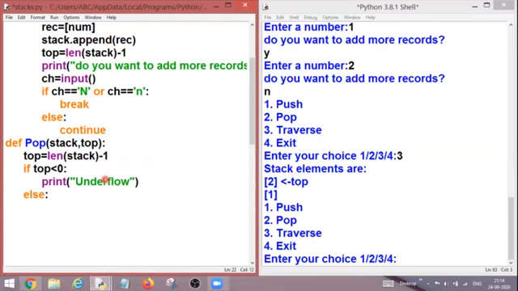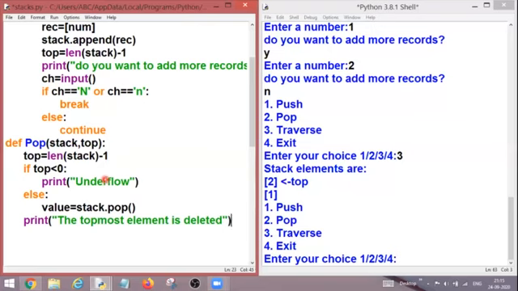I'm going to take the value from stack.pop, and because the deletion will take place from one end only, I need not pass any particular index value or anything into the round brackets of pop, because we know that the deletion will take place from the topmost element. After that, I can print one statement after the removal, that the topmost element is deleted, right?